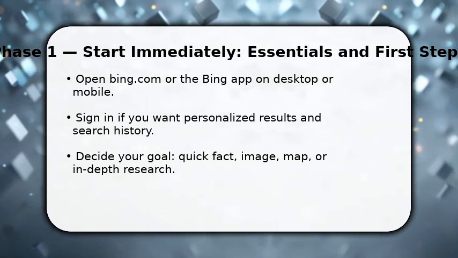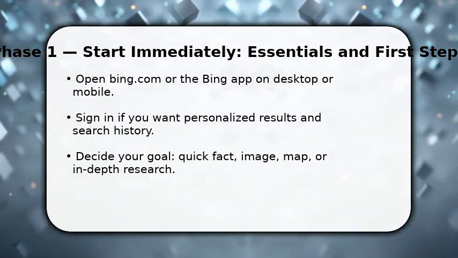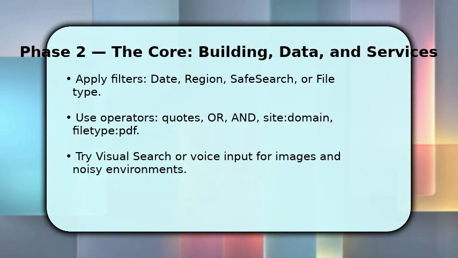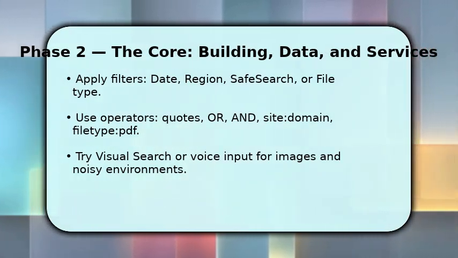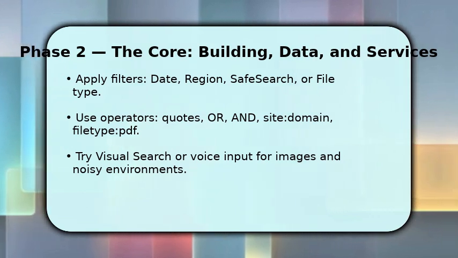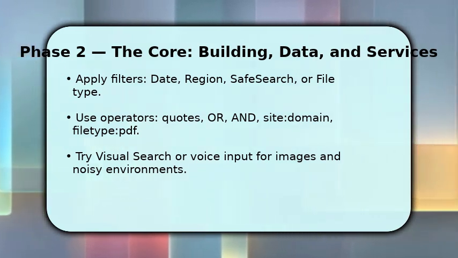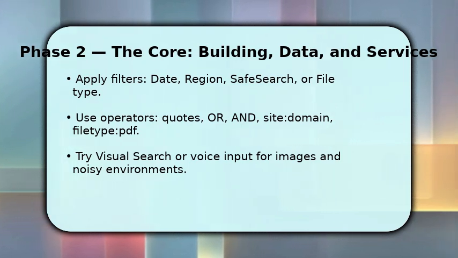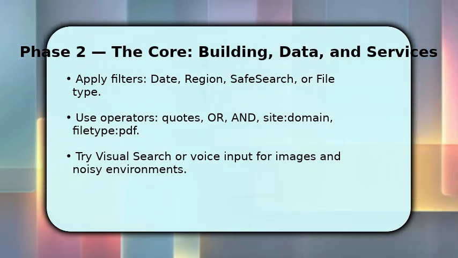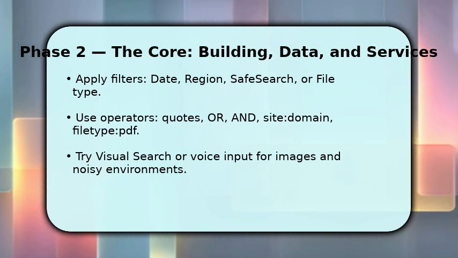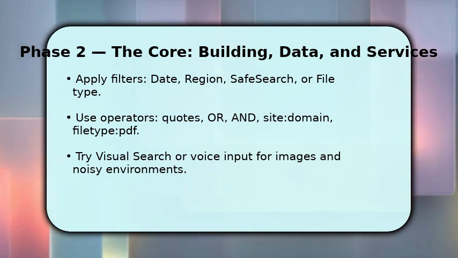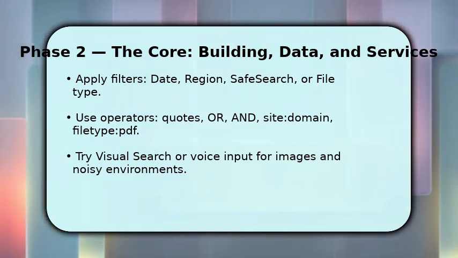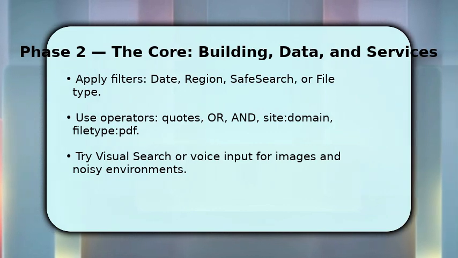time. Now refine results. Click filters and pick date or region to get current or local content. Use operators like site:example.com or filetype:PDF to find documents and exact sources faster. If you have an image, tap visual search to find similar items or identify objects. For hands-free searching, use the microphone icon, speak clearly and check to finish. Save valuable pages to collections or bookmark